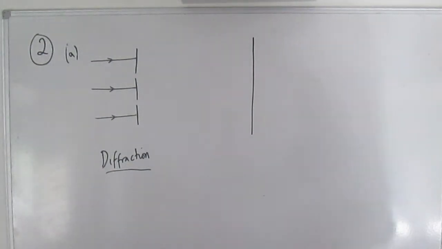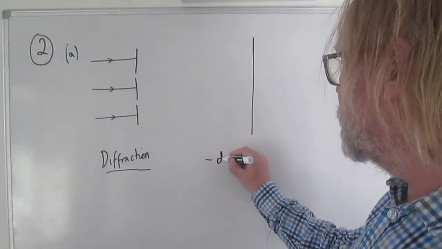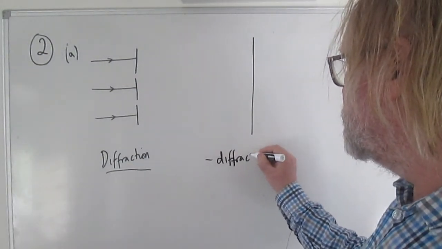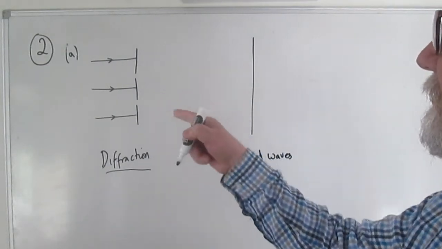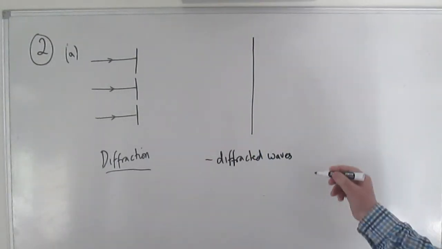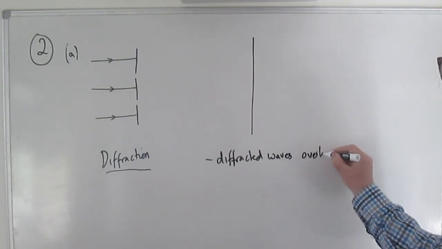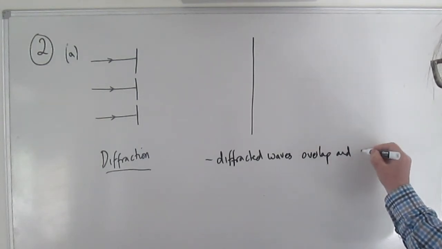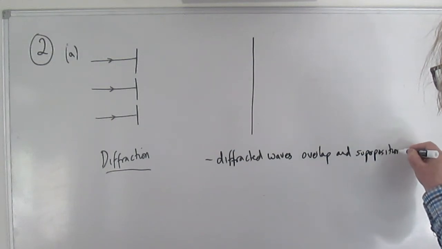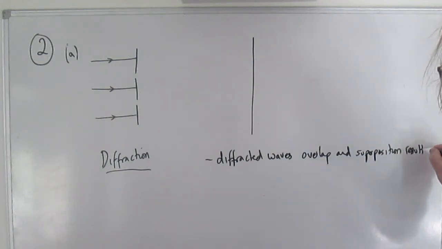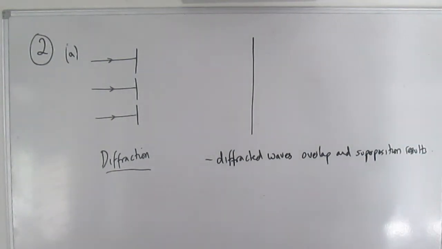So the key things there are, first of all, that the diffracted waves, in other words these spread out waves emerging from the two slits, overlap and superposition results. Okay, because remember, when waves overlap, at any point the total displacement will be the sum of the displacements of the two individual waves. So that's the